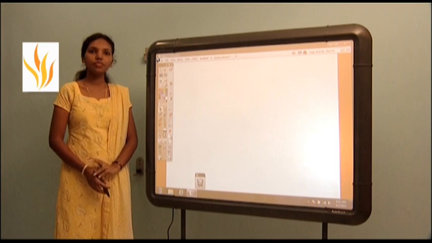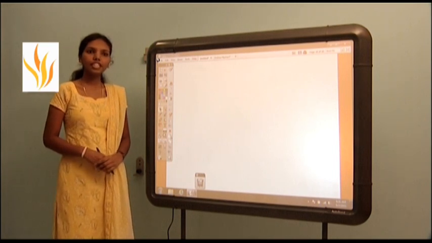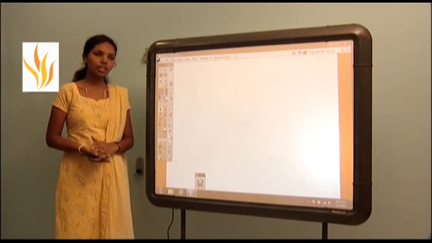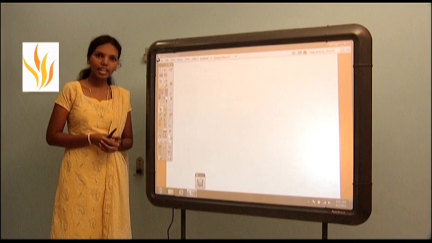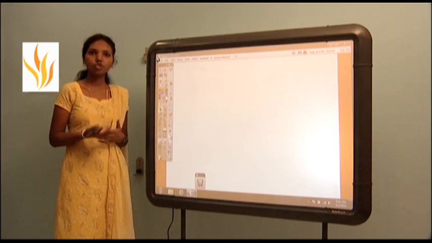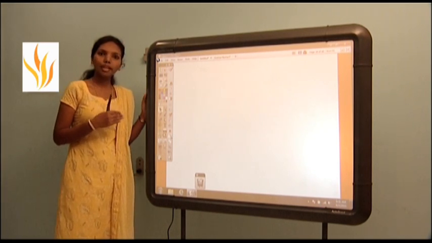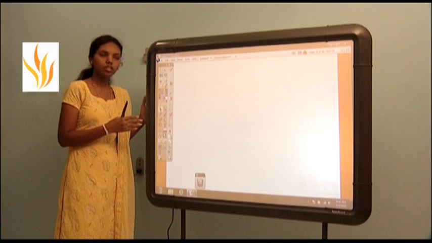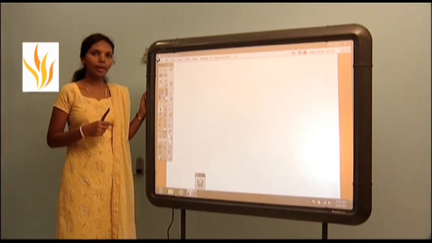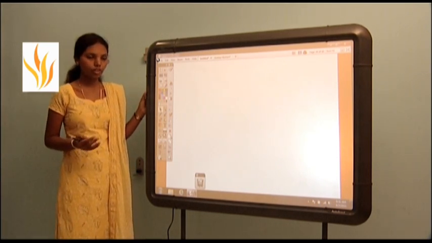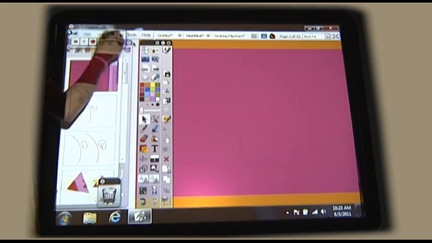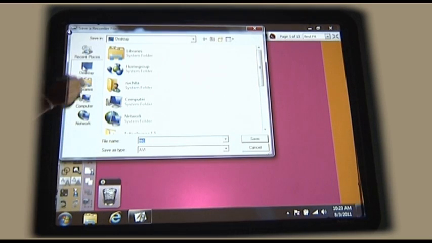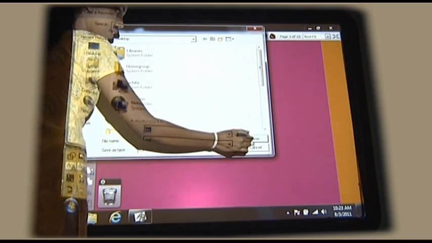The next tool is the video recording tool. If the teachers want to record the lectures in the classroom for the students or for the next lecture or next academic year, they can record the lectures and then show them in the classroom. It can be used as live recording, or the teachers can prepare the slides first and then record the particular lectures. So first we need to mark our area. Start your recording, save your recording wherever you want.